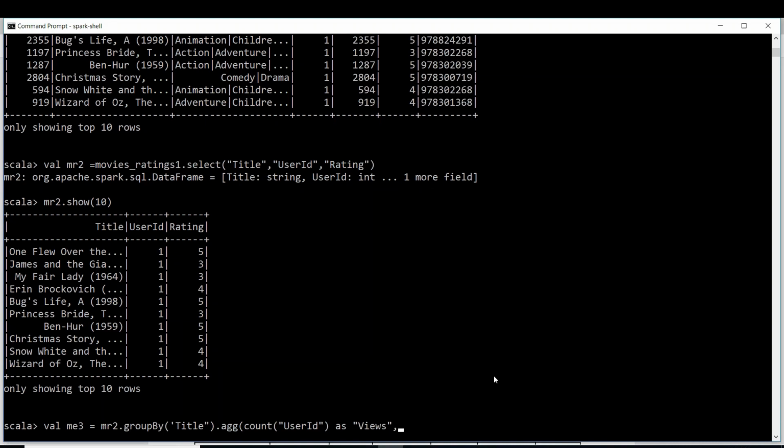But we cannot leave out this rating. If we just leave out rating here, we don't get the rating data. If we try to filter it now, we don't get the value of rating. We lose the data. So first let us perform the aggregation, and later we shall go with that filter operation.